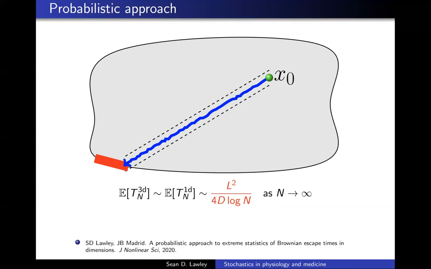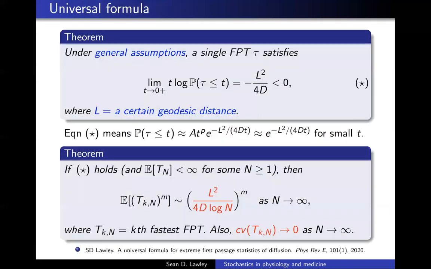One problem with this approach is that we only prove this using this method if there is a straight line path from the starting location to the target. So now let me give you some results where we can extend this quite a bit. Let me give you a theorem. So two theorems. I try not to make this too technical, but the first theorem says